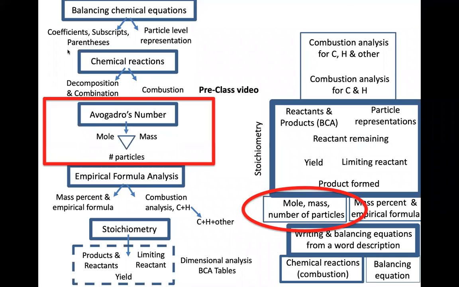When I'm looking at the chemical reactions, key one within that is understanding what is included in a combustion reaction. And I was trying to give a couple examples where that was linked back to aspects of naming that we saw within chapter 2. Now, when we move on to the idea of Avogadro's number, we're going to be looking at relationships between what's called the mole, the mass, and the number of particles. This one is going to be more numerical based than the other ones, but we're going to use these ideas in subsequent parts of chapter 3.